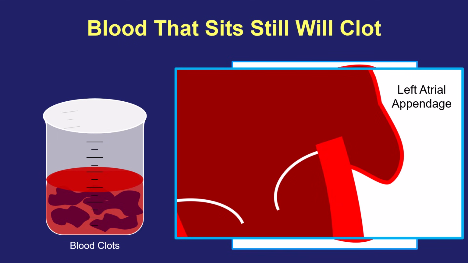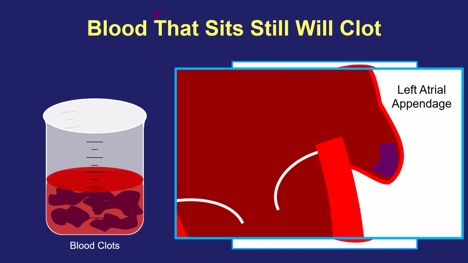And in particular, there's one little pouch called the left atrial appendage in the top left part of the heart, where blood is most commonly sitting around, not moving very much, and that is by far the most common place where blood clots can form, in this left atrial appendage, this little pouch in the top left part of the heart. And if a little piece of a clot were to break off and get pumped out of the heart